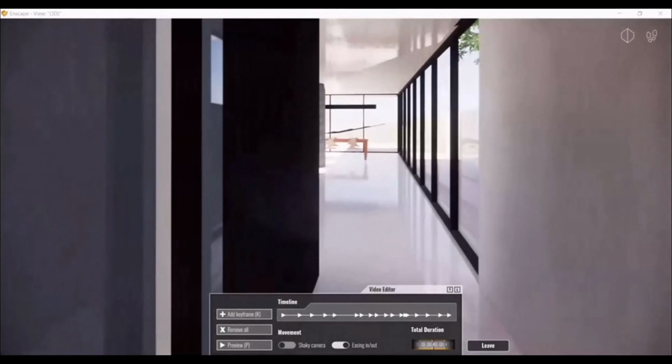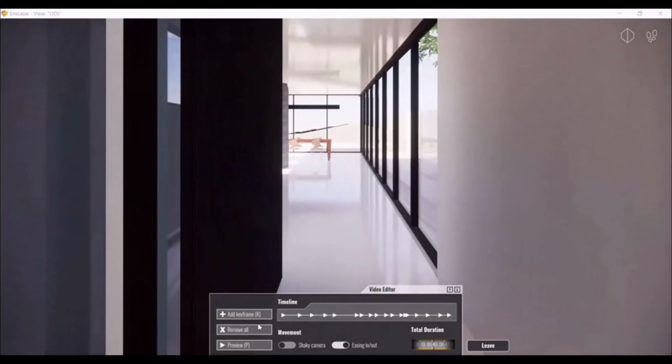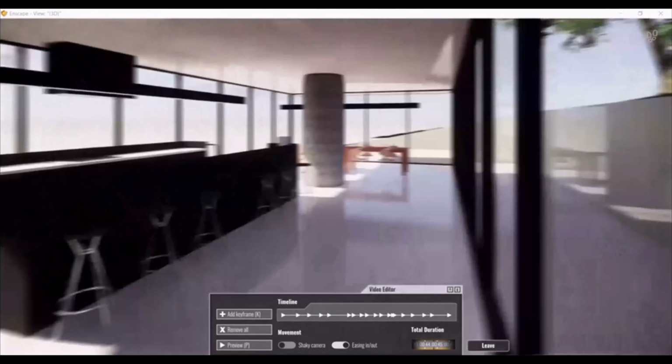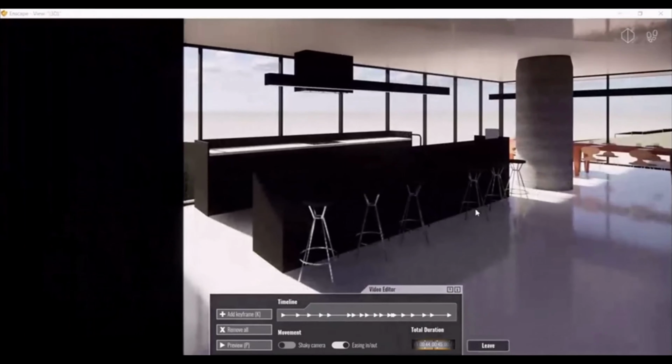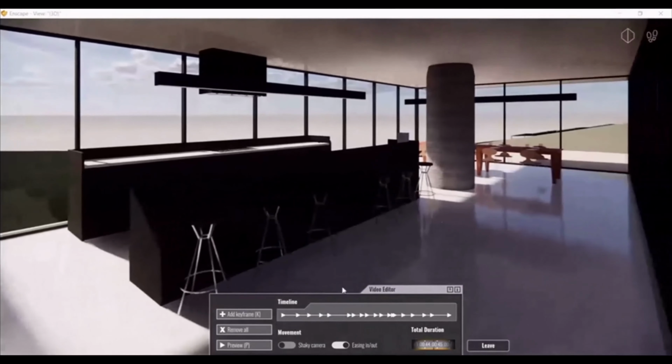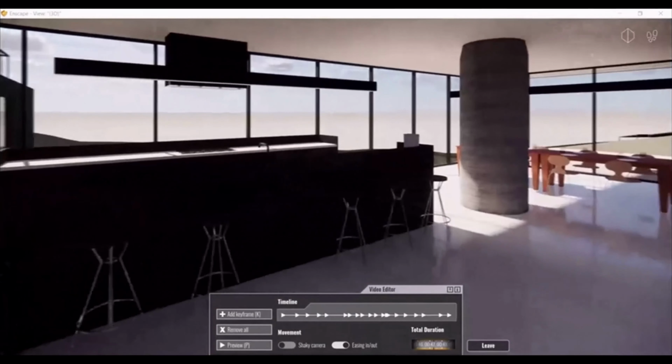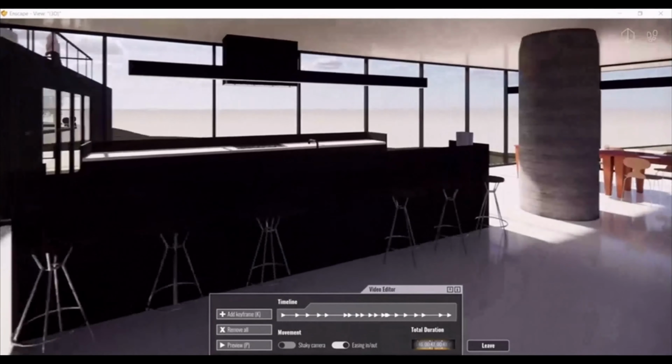Now you add another keyframe here. Move it around with your left key. Add another keyframe here.